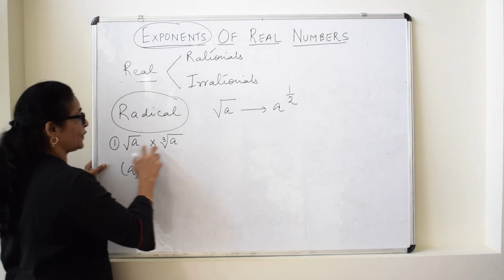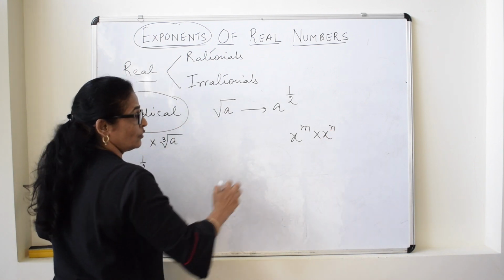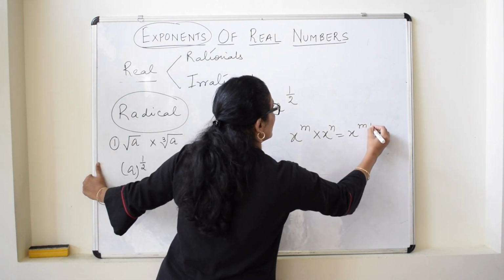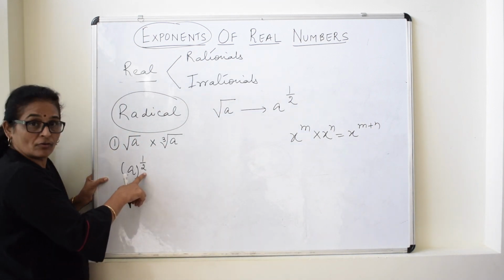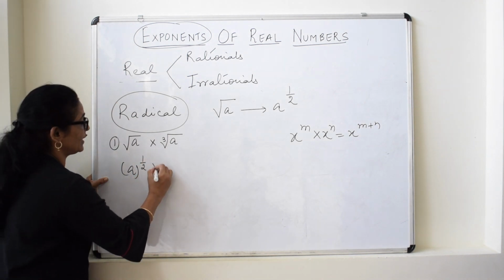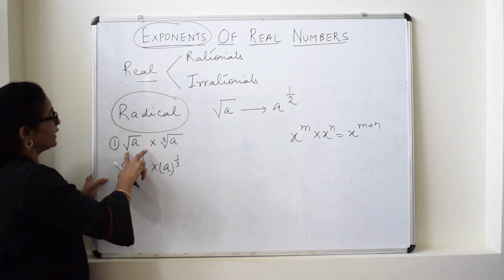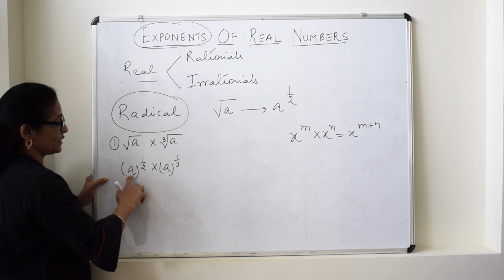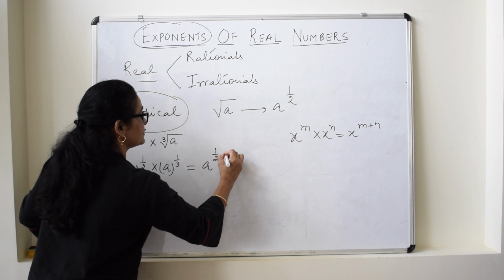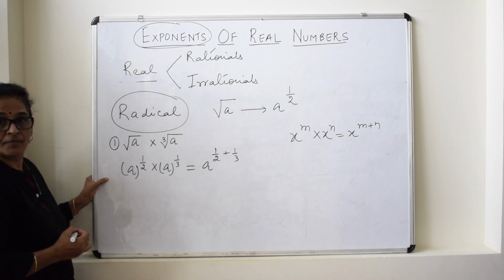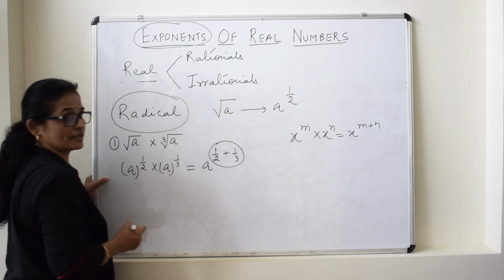So this, if you compare with x to the power of m into x to the power of n, what did we observe in this? The powers are added. Here also, under root of a means a to the power of 1 upon 2 and cube root of a means a to the power of 1 upon 3. Now, when you multiply it, the base is the same, the powers are different, the powers will be added. Okay. Now when the powers are added, this can be further simplified.